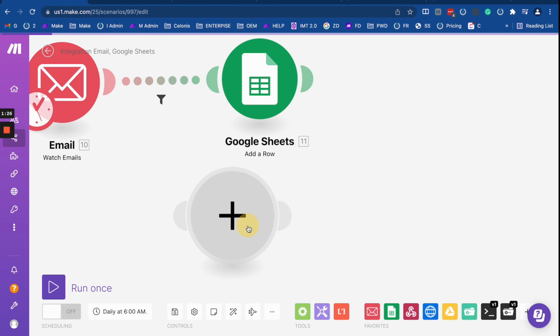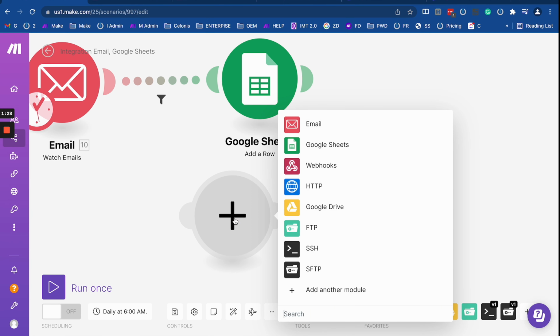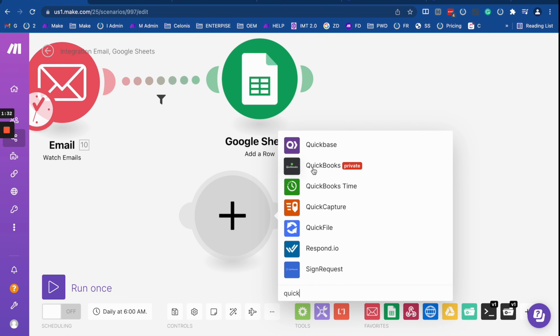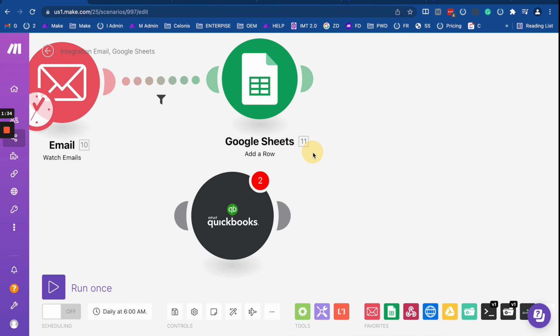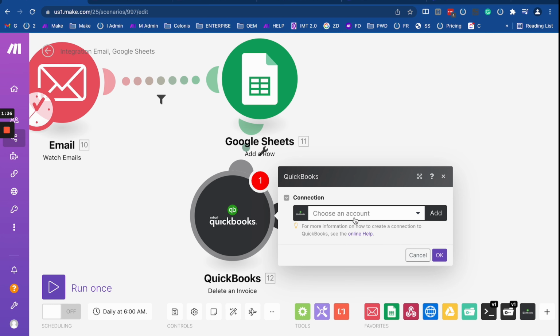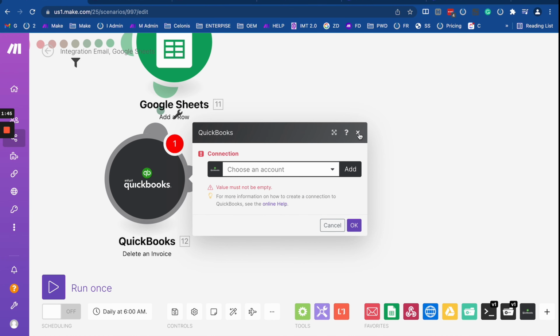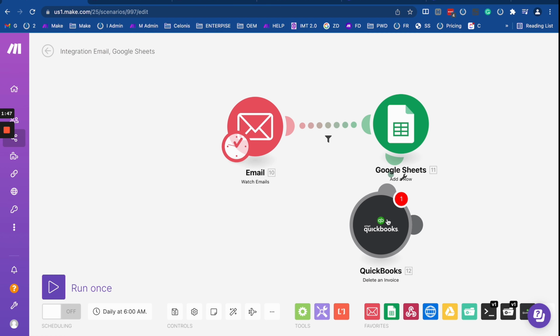Let's say we select some service that I haven't used yet, like QuickBooks, for example. I definitely do not have QuickBooks in this one, so you will be able to see something like this, and you will be given a choice to start and create a connection for a particular module. So what you need to remember and understand is that first